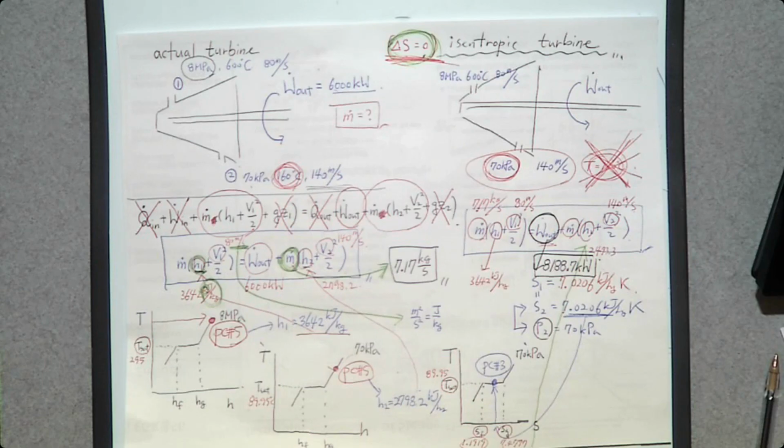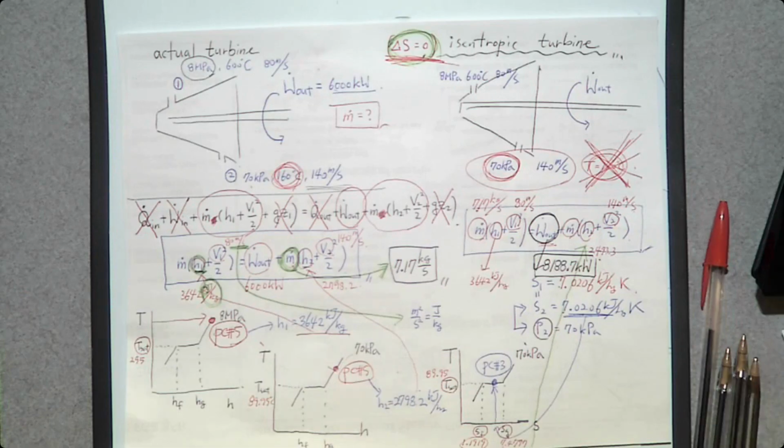Instead, you are going to use this assumption: entropy remains constant. That's how you are going to calculate power consumption in a compressor when you have the power values for the actual compressor and the isentropic compressor. Whichever is the greater value goes to the denominator, the lesser value goes to the numerator. That's how you calculate isentropic efficiency. Okay. I think that's all for isentropic efficiency, and we have the last part of this chapter 6,